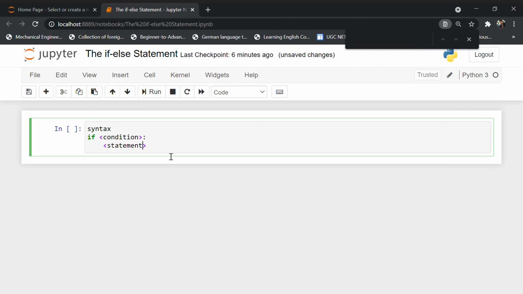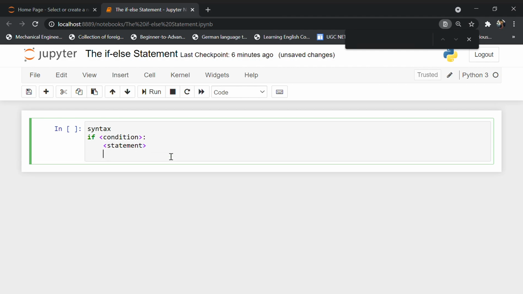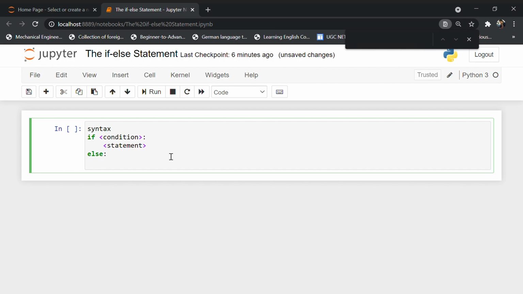The statement can be anything. With the if statement, else also works simultaneously. So we have to mention else colon. Else does not take any condition, it is left blank, and inside the else block we have to mention the statement. Okay, so this is all about the syntax of the if-else statement, right?